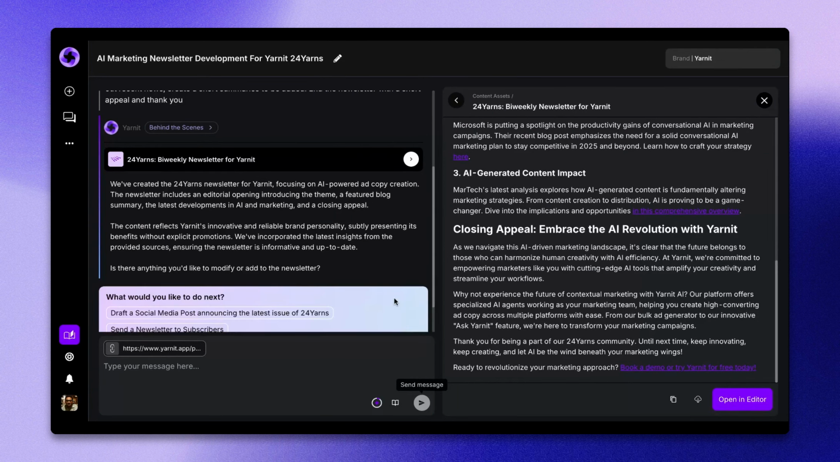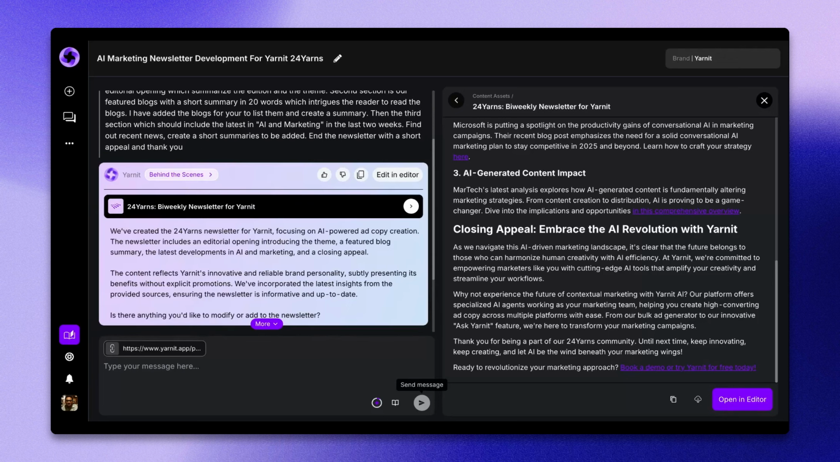There are an endless number of things that you could do with Yarnit. Like I said, there are multiple agents. Think of this almost like